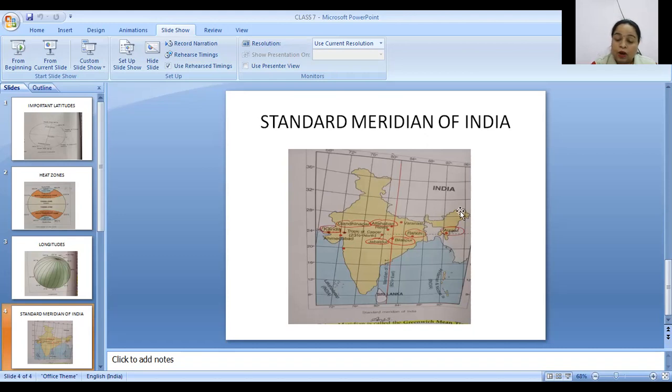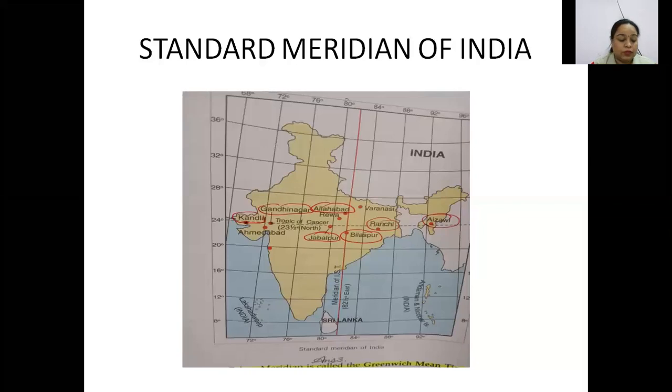Okay. So how do we calculate time? The main problem is how do we calculate time? This is an important question. To solve this problem of different local times, note that this is a local time. In Arunachal Pradesh there is a different time, in Gandhinagar, Ahmedabad there is a different time, in Allahabad there is a different time. So to solve this problem, what will happen?